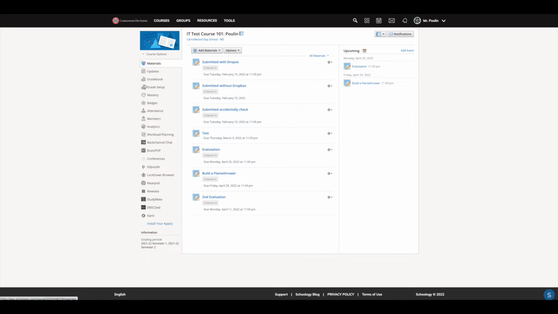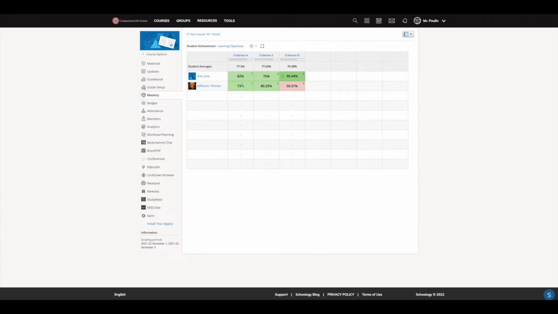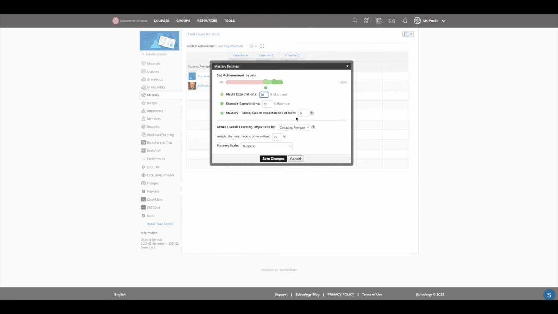So now when I go through and when I grade, I can check mastery. It will show me graphically whether or not a student has achieved mastery for that criterion. One of the things you can see here is, even though the student has achieved one of the three, they've achieved that score. So I can achieve a score lower than the average and yet still master if I were to change the settings here. If I were to decide that I only need that student one time to hit that meet expectation goal,